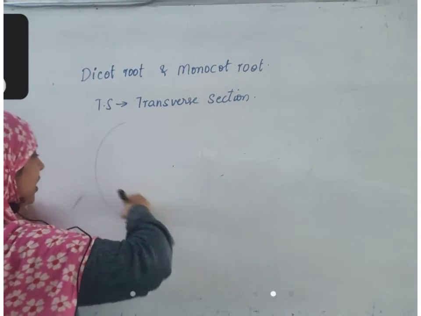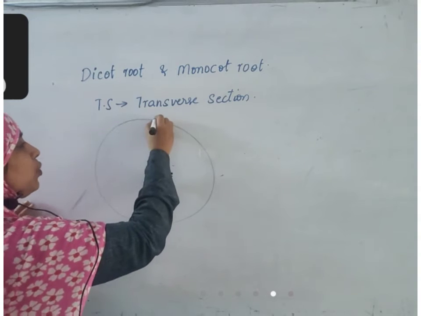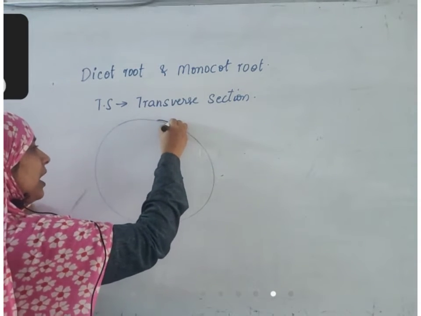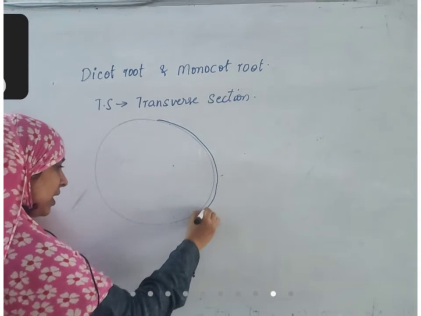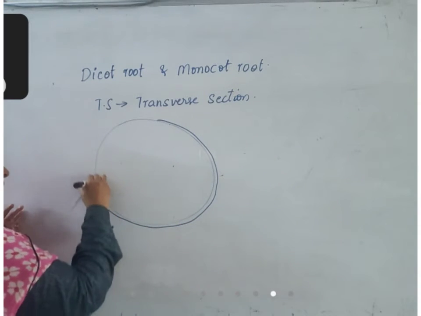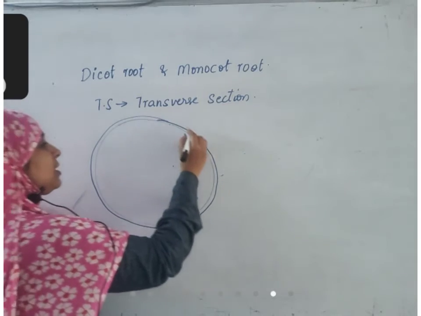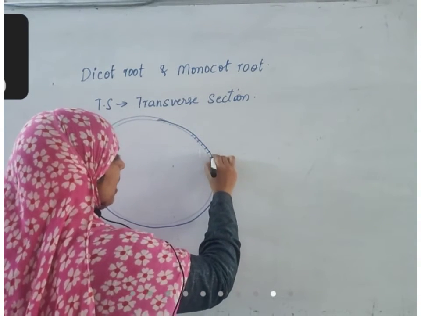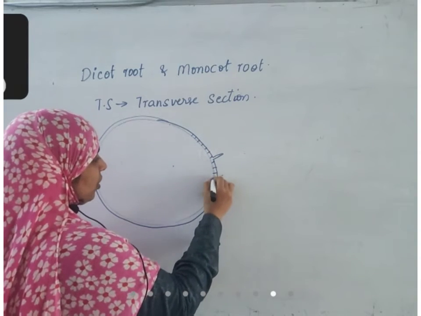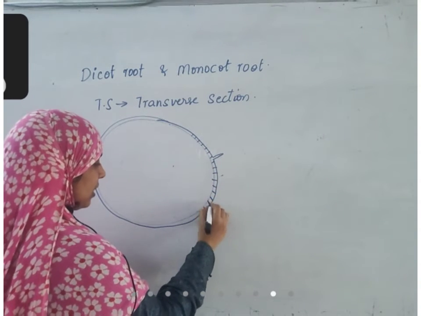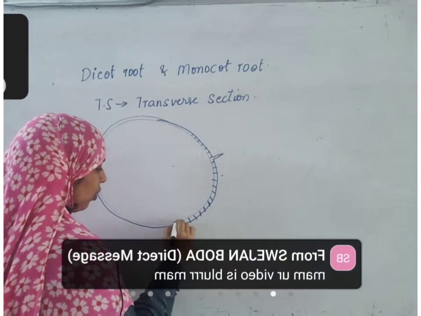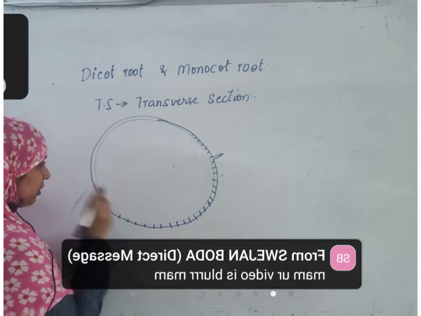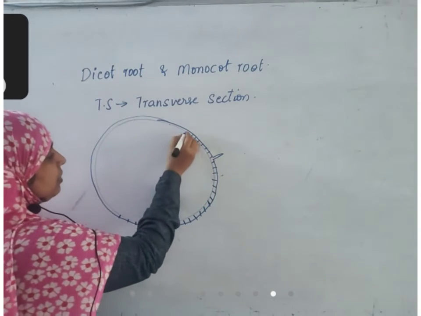When you take a dicot root, the outermost layer of the dicot root is made of epidermis. This outermost layer is the epidermis layer. These are all epidermal cells. Some of them have root hairs. Try to draw this diagram along with me. Draw this diagram in your notebooks along with me and send me the diagrams.